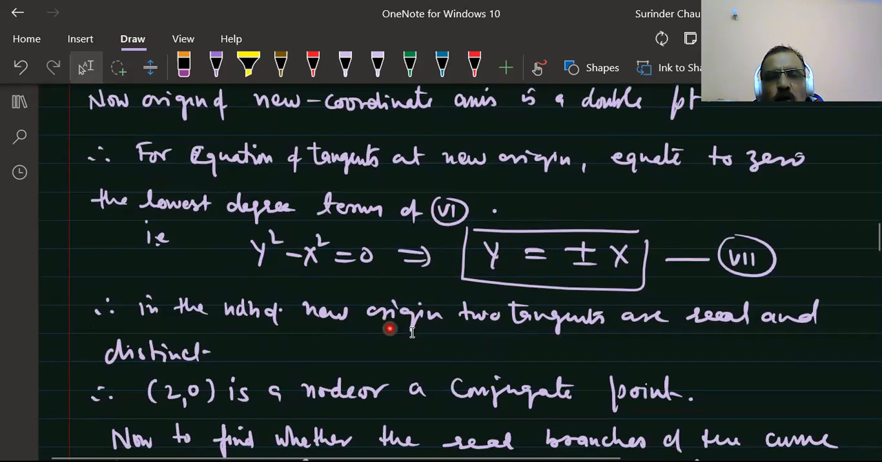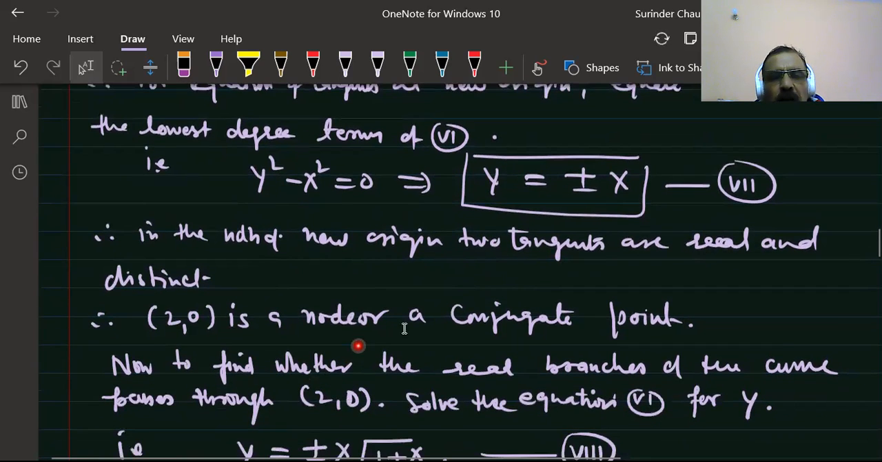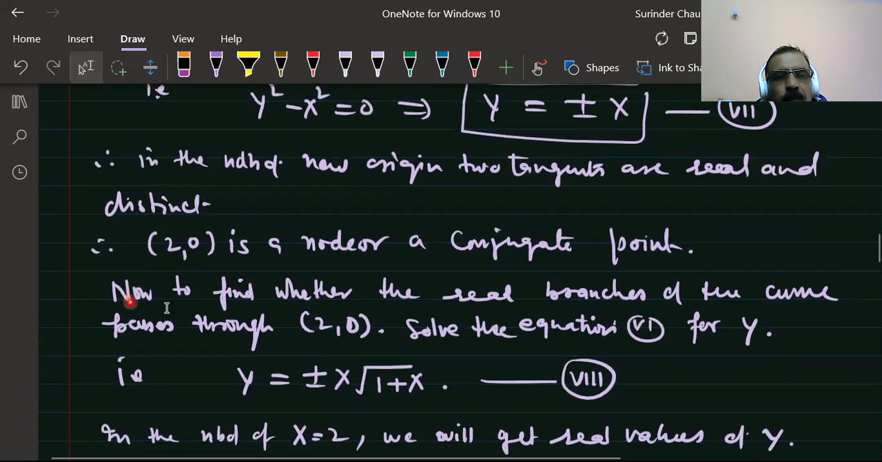Therefore, in the neighborhood of the new origin, two tangents are real and distinct. Therefore, this is a node or a conjugate point. Now, to decide whether it's a node or a conjugate point, we need to find whether a real branch of the curve passes through the origin. Solve equation 4